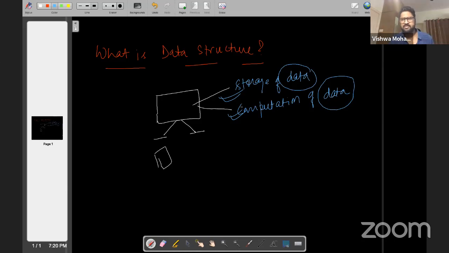So that is where the data structure comes into play. As you see, data structure is self-defining. There are two terms in data structure: data, and this whole world is going gaga over data as of now, and the second term, structure, which is very important. So when we put a structure to data, that is known as a data structure. In other words, when we arrange the data, that is known as data structuring.